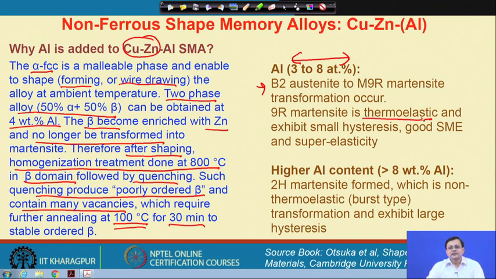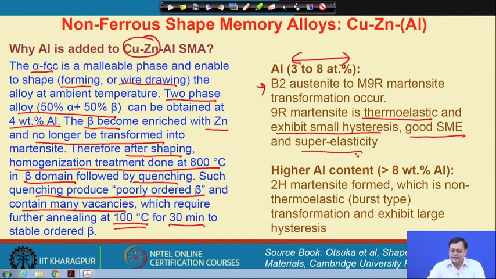A thermoelastic martensite has a feature that if you keep on cooling, the martensite nucleates and grows continuously, okay. And this type of martensite usually shows a rather smaller hysteresis and very good shape memory effect and very good